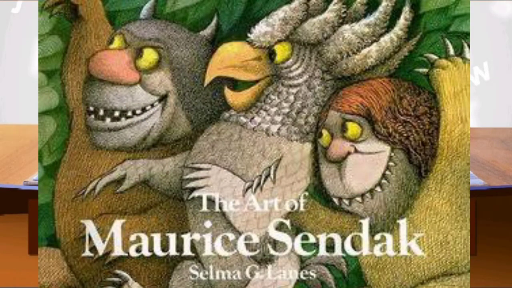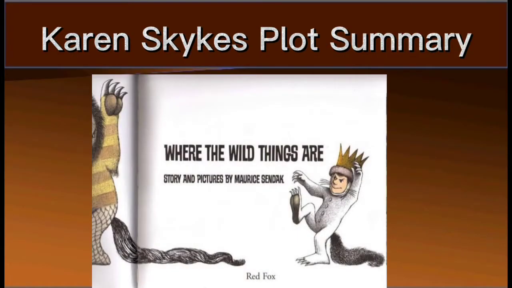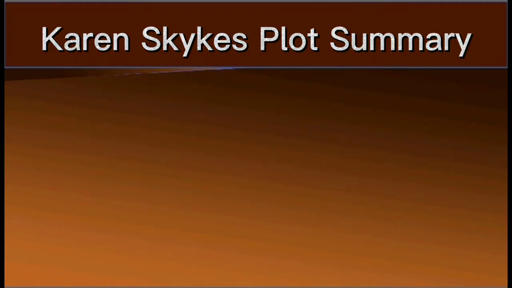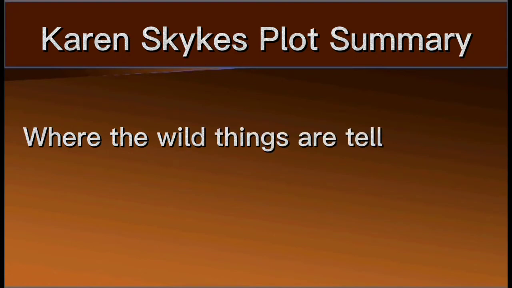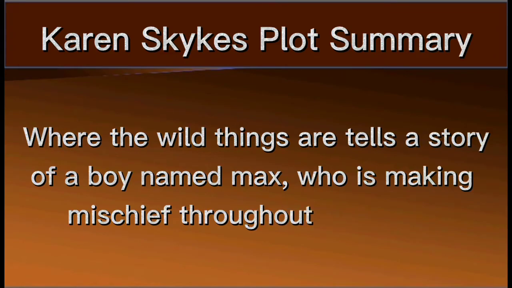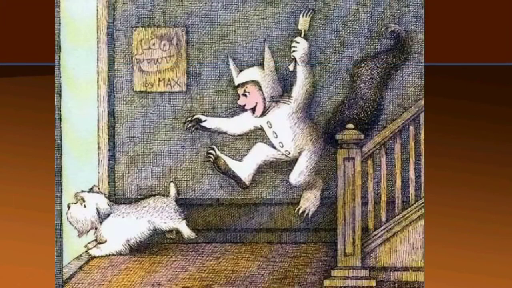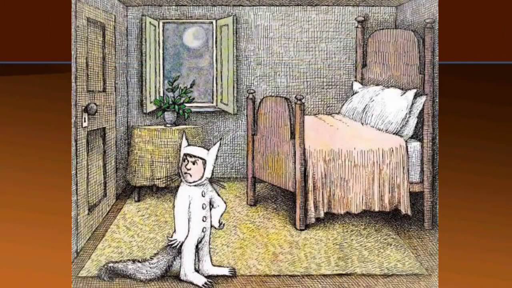Before we jumpstart to the highlights of this material, let me first share with you Karen Sykes' plot summary of the Where the Wild Things Are picture book. It tells the story of a boy named Max, who is making mischief throughout his house. Max is seen throughout the book wearing a wolf's suit, a king's crown, and a mischievous grin. After chasing the family dog around the house with a fork, Max is sent to his room without any supper